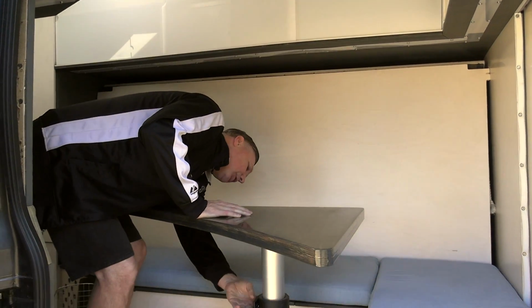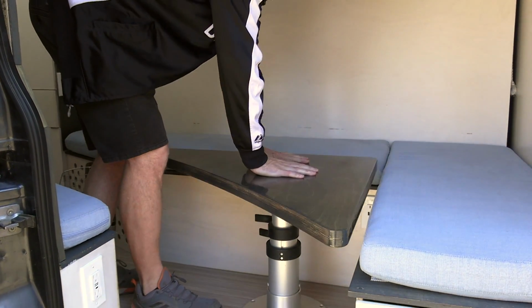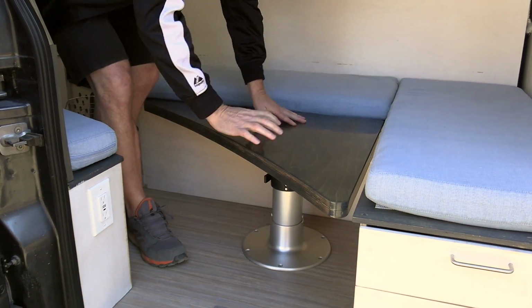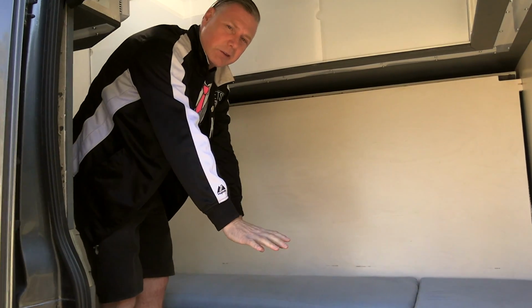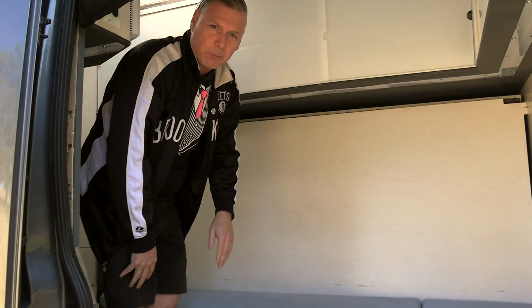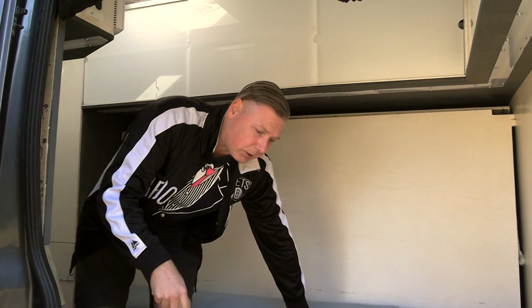And then the pedestal below just has 2 levers. You open the levers, and then we can push this down and then clamp it again. Now, when we clamp this, we want it to be the same level as the benches, and then we'll open our bed over that. Sometimes we actually like to work with this down too, because what it allows us to